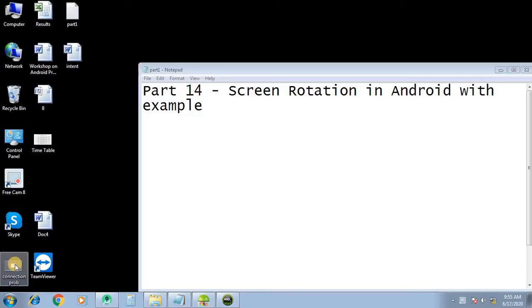In today's lecture part 14 we will learn screen rotation in Android with some example. The logic behind this is very simple. When the width of the phone is greater than the height, then we can say our mobile is in landscape mode. Otherwise it is in portrait mode.